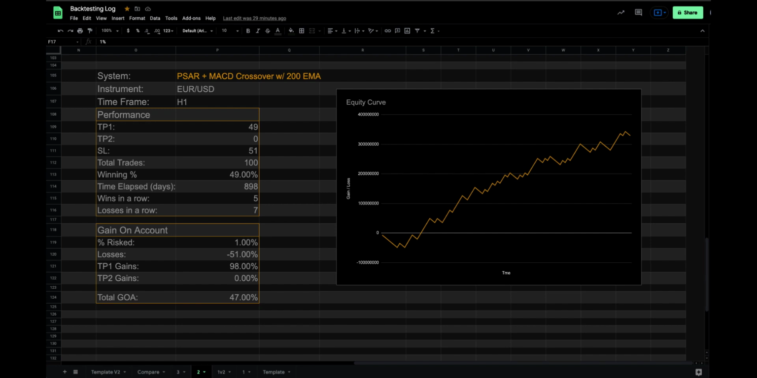It took 898 days to get those gains, which in my opinion is a long time for a 1 hour chart. Maybe I'll test on a smaller time frame in the future. The equity curve on this is very interesting. The system started out with 7 losses in a row,